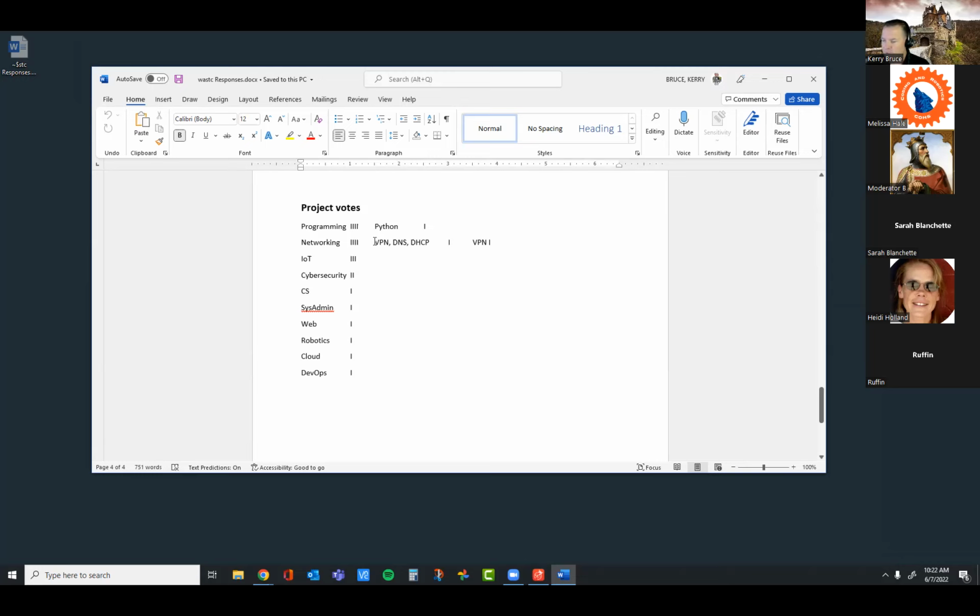So what we'll do is we'll set up the Raspberry Pi that we configured yesterday as an ad blocker. And then you can redirect your DNS on your computer through the ad blocker, and then you can actually configure filtering and all kinds of other cool things. So I think from a networking perspective, that's a really fun first project.